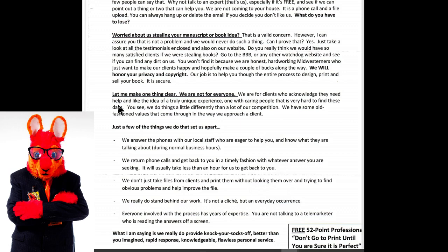Worried about us stealing your manuscript or book idea? That is a valid concern. However, I can assure you that is not a problem and we would never do such a thing. Can I prove that? Yes. Just take a look at all of the testimonials enclosed and also our website. Do you think we would have so many satisfied clients if we were stealing books? Go to the